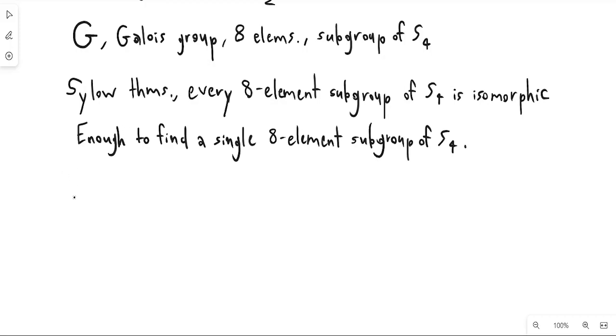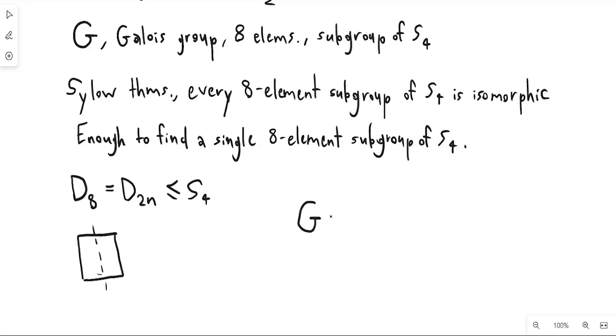So I'm going to claim, you can check this, that D8, okay, so this is the dihedral group, and you can think of this as like D2N. It's a lot of group theory that's needed to do these exercises, but this is basically the automorphism group on a polygon with n sides. Okay, so this is the symmetry group of a square, flipping and rotating the square. But I claim that this is actually a subgroup of S4, which you can check. And so that proves that G is actually equal to